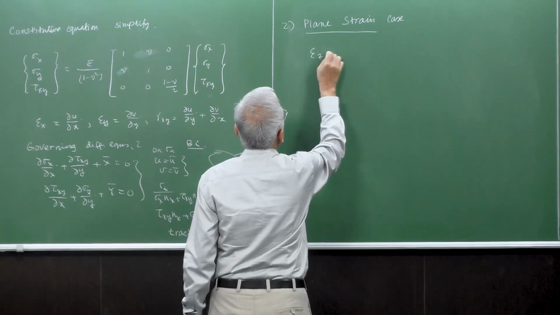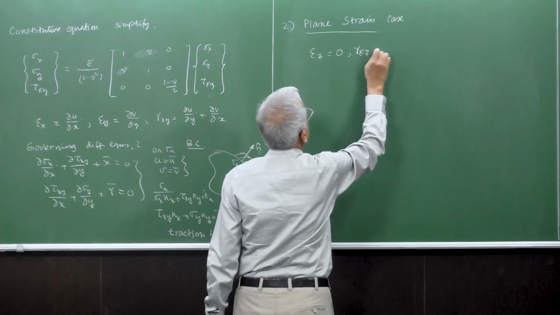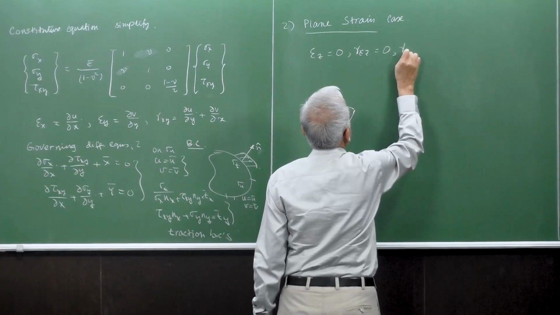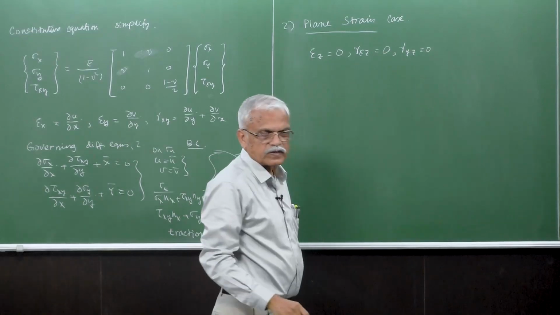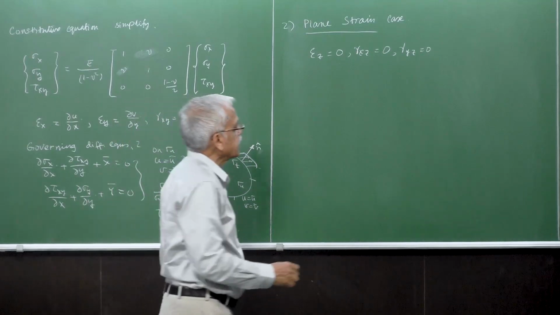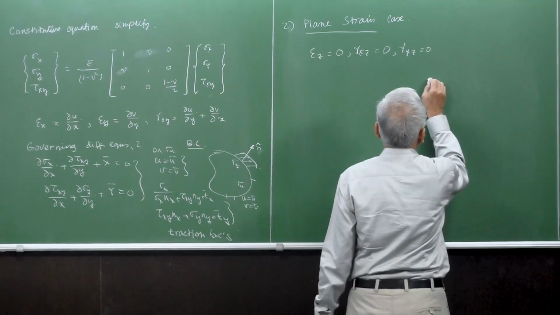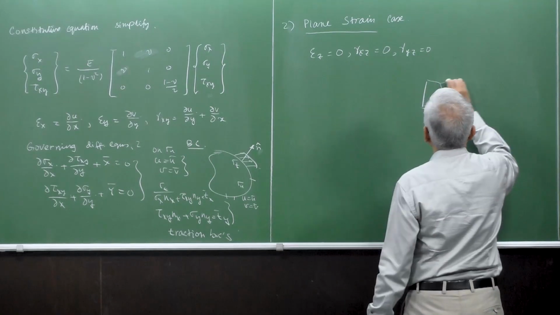So that's epsilon z is 0, gamma xz is 0, and gamma yz is 0. So this is the case where you encounter constraint in the z direction, like this is often